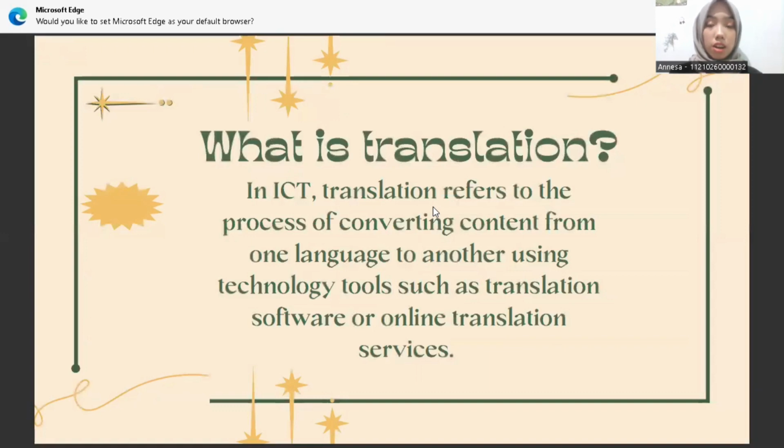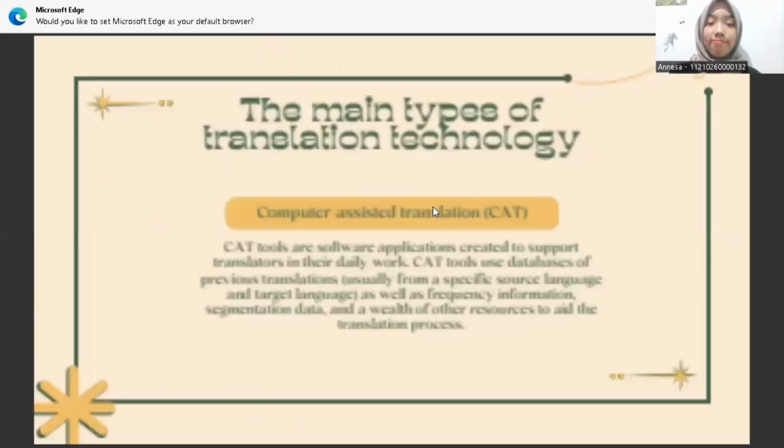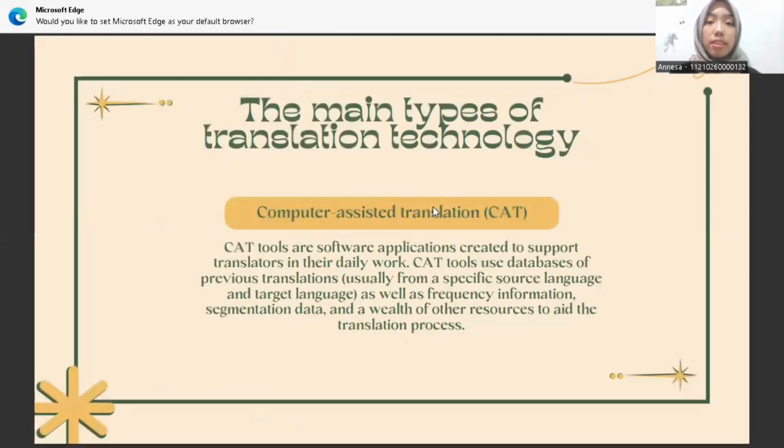What is translation? So guys, translation in ICT refers to the process of converting content from one language to another using technology tools such as translation software or online translation services. Next slide is about the main types of translation technology. First, I'm going to discuss